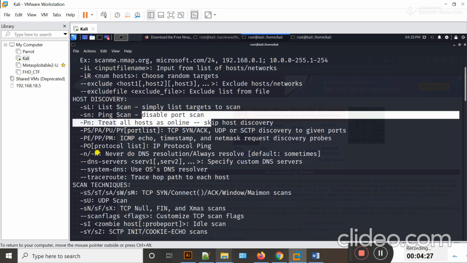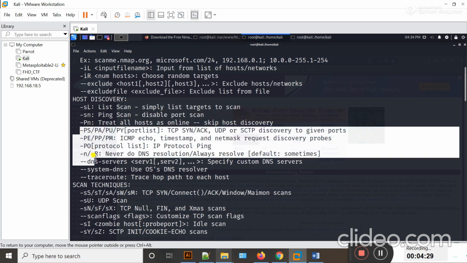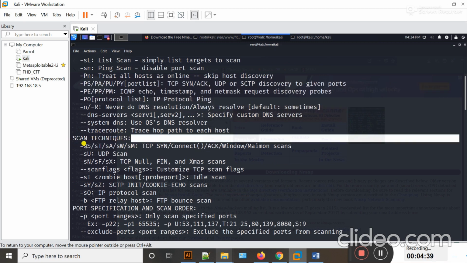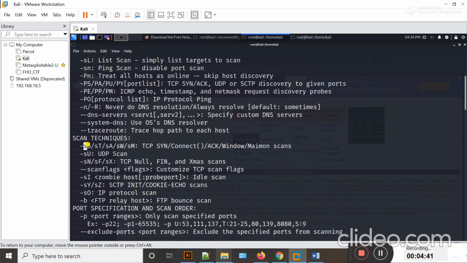Okay guys, you can also use the rest of the flags with Nmap in order to discover hosts. Below here you can see some scan techniques. -sS will be used for stealth scan. Okay, stealth scan or SYN scan.